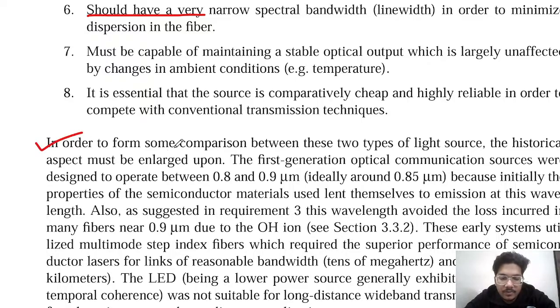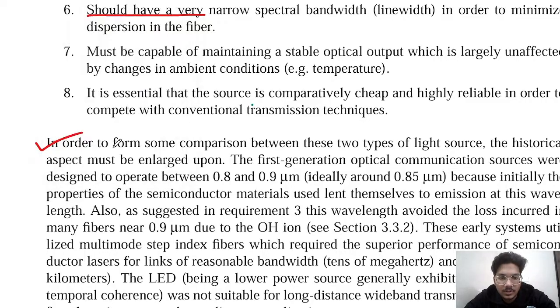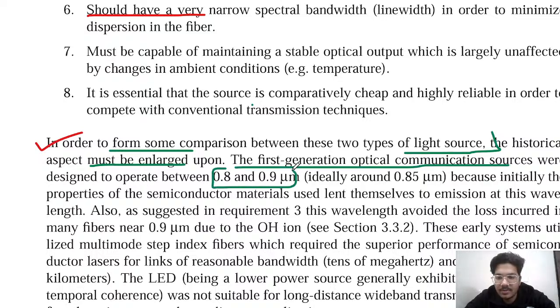So in order to form some comparison between these two types of light sources, the historical aspect must be enlarged upon. The first generation optical communication sources were designed to operate in the range 0.8 to 0.9 micrometer, ideally 0.85 micrometer, because initially the properties of semiconductor material lent themselves to emission at this